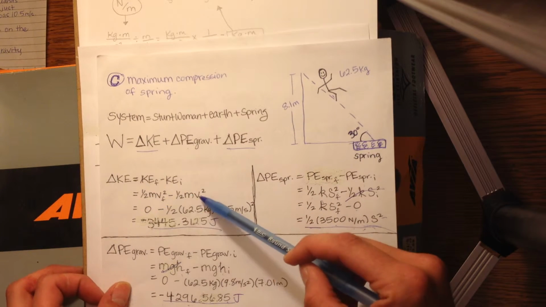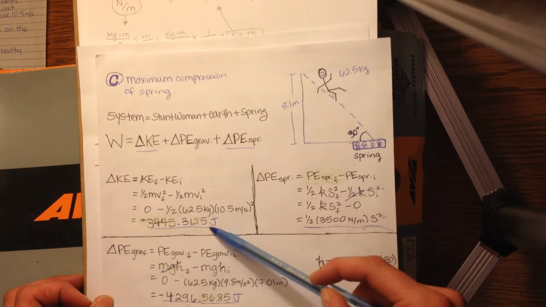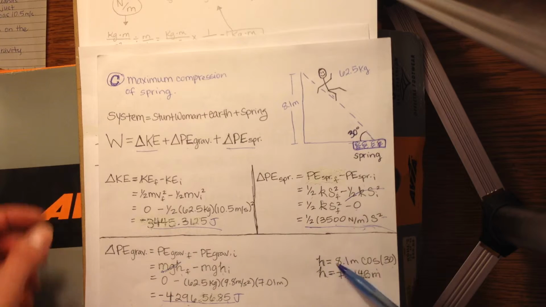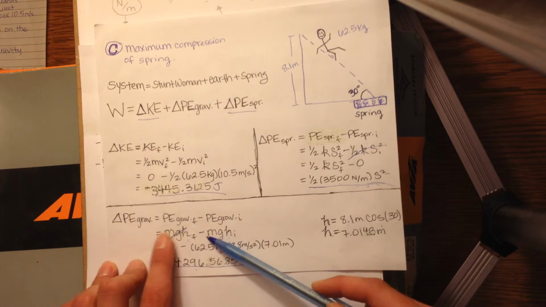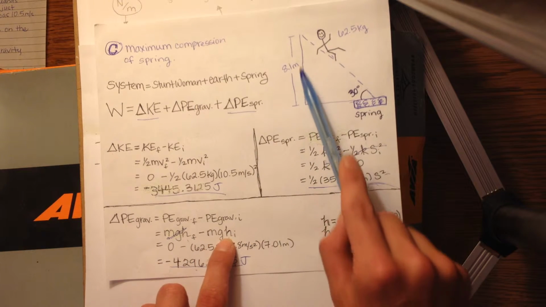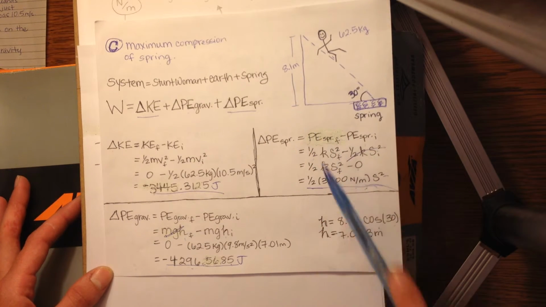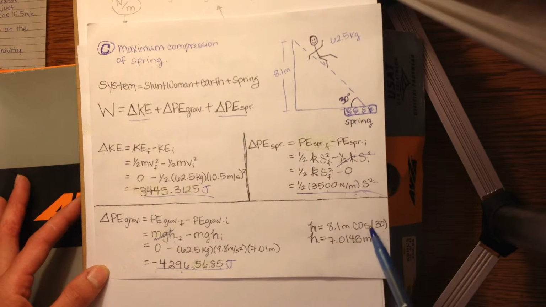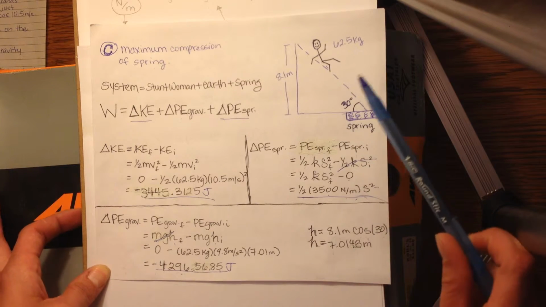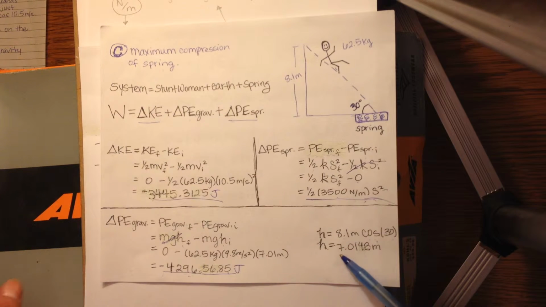The final is 0. The initial, however, she does have a velocity and a mass, so we're going to calculate this. This is the same as part A, but I kept a few extra decimal points to help us out later. The gravitational energy, we're going to redo this one. The mass times the gravity times h. But now h is different, isn't it? Because she's falling at an angle. Our h is 8.1 meters times cosine 30 degrees. We'll use cosine because we're looking for the hypotenuse, and so that's going to help us to solve that. So we'll find that h equals approximately